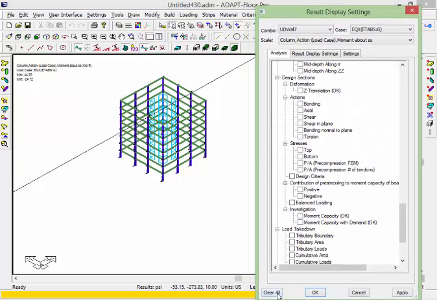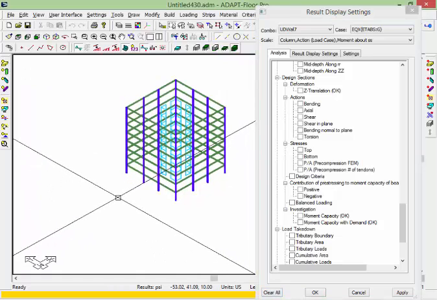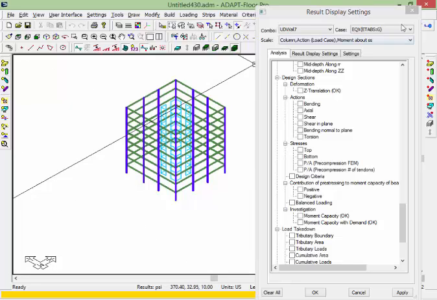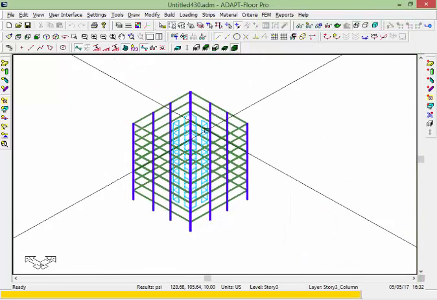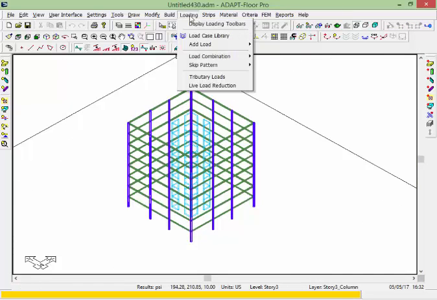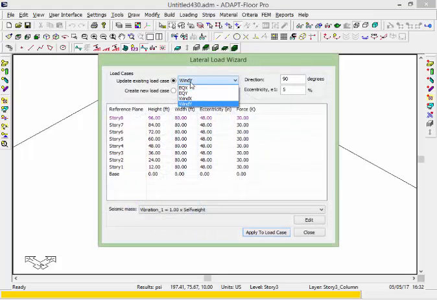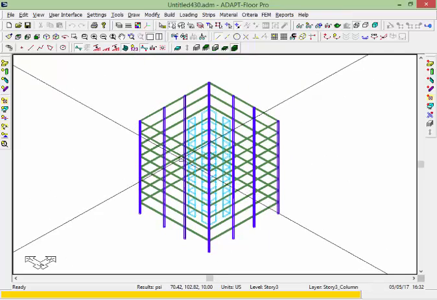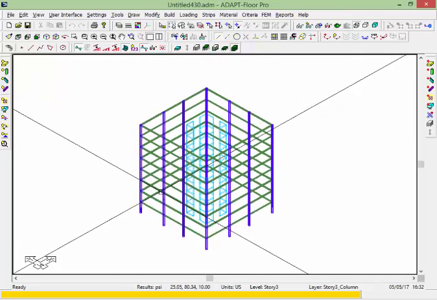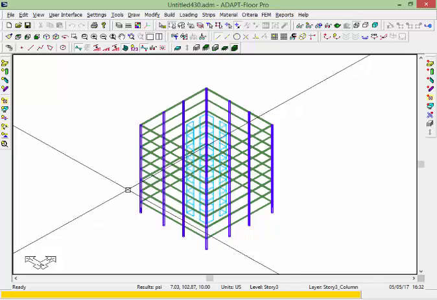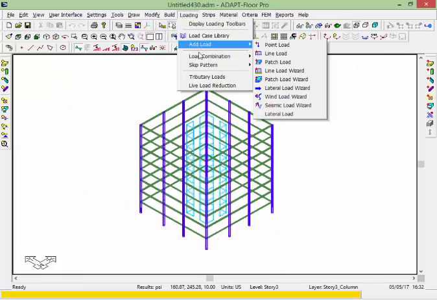Another use case for the information that was exported through the integration console is to be able to rerun the analysis for the lateral loads that came from ETABS. If you recall, we imported lateral loads for seismic and wind, and those were stored in this generic lateral load wizard. There's a list of those load cases shown here. And so we're going to set up native load combinations in order to run those particular load cases and story forces that were imported. So I'll go back to loading, load combination,